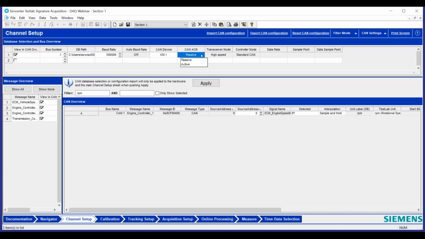One other thing with CAN, you can set it to passive. If you're using a DBC file, for example, we provide in the test lab install a DBC file that allows you to read channels that are associated with emissions testing. Those aren't broadcast normally, so you have to use active. But in most cases with normal CAN, you're going to be reading data that's already broadcast, so you don't need to choose active. Active is basically telling it to request the information, then record it and keep going back and forth. Passive is the typical setting though.